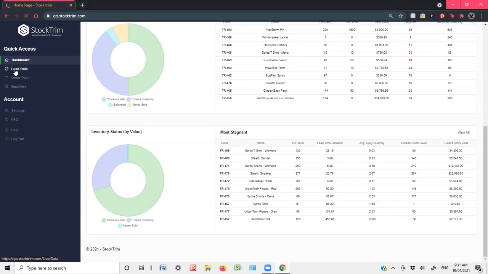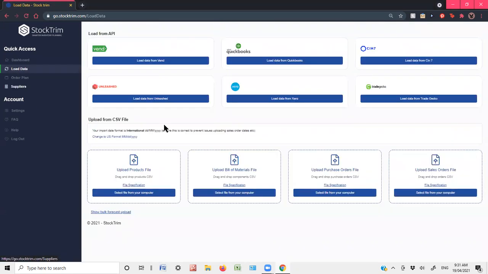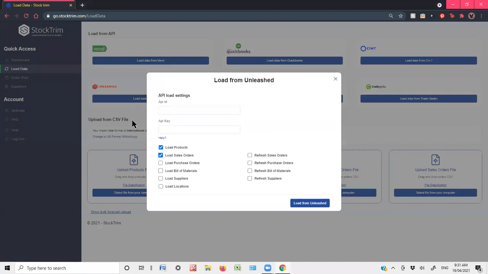If we just check quickly about how to load data, so we currently have integrations with these 6 platforms and also Deer inventory about to come online. So there's APIs already set up. All you need to do is to come into one of these icons, depending on which system you use, enter your API ID and key information, then bring in the data points across here, and your information will load across